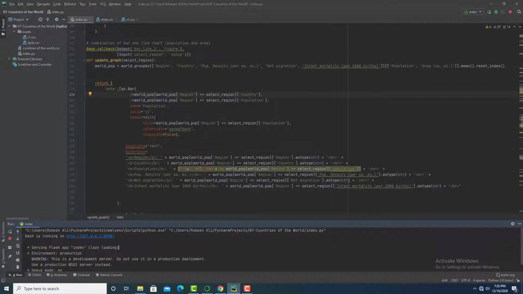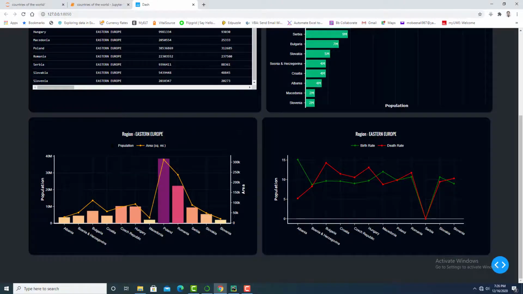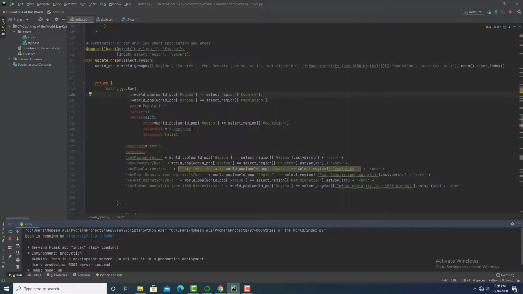Then I have used a column for colors for each bar. For color scale, I have used this color scale. There are many scales we can see on the Plotly website. Show color scale I have used false. Then I have created hover information.